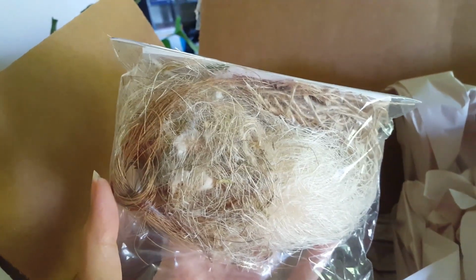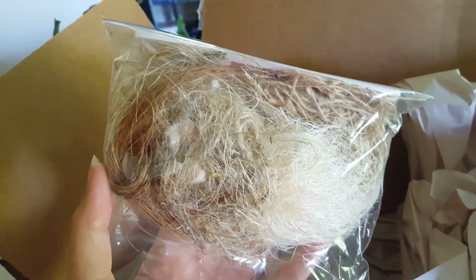You guys, this is what's going to be really, really fun to see: if it's going to be this kind of fiber or this fiber or some of the horse hair, or if it's going to be the coconut husk fiber that the birds are going to enjoy the most. So this is going to be really fun to put in the bottom of the cage tonight and see